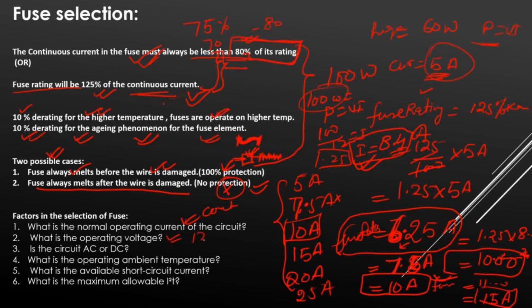What is the operating voltage? Whether you are working on 12 volt or 48 volt. As I told you, P is equal to VI, so your voltage will be different in 12 volt and the current will also be different. Continuous current. Is this an AC circuit or DC circuit? Ambient temperature, this plays a very critical role. I will show you how we have to see this particular ambient temperature and how we have to take it into consideration. What is the available short circuit current? Short circuit current is nothing but